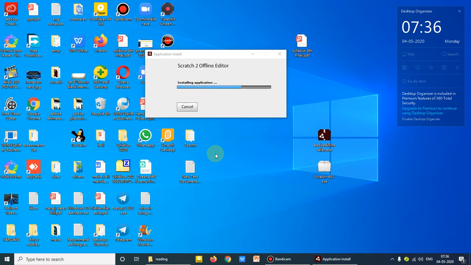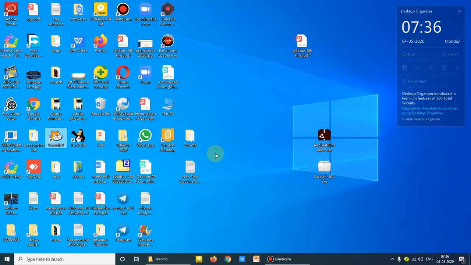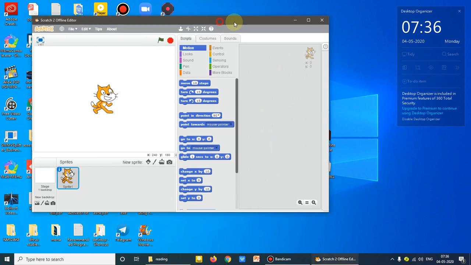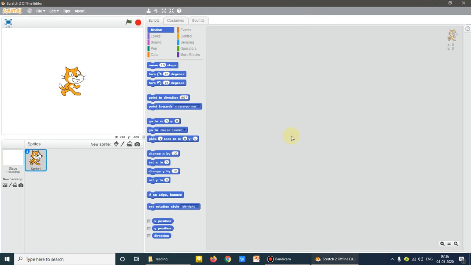It will take a little time, but it will be installed. Okay. So our Scratch 2 has been installed and see, it's opened also. So I hope dear students you are familiar now with how to install the earlier version of Scratch for your Windows 7.